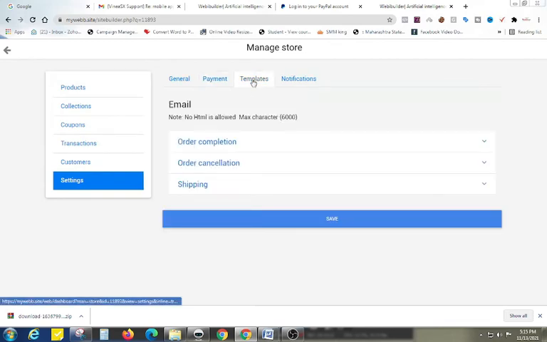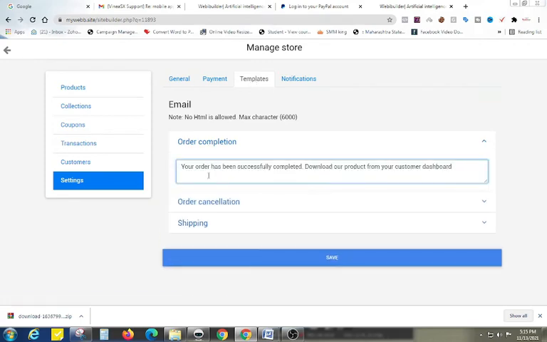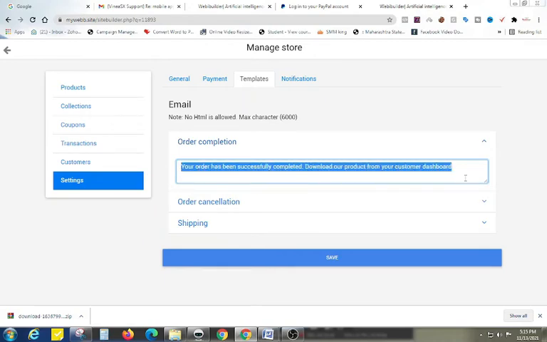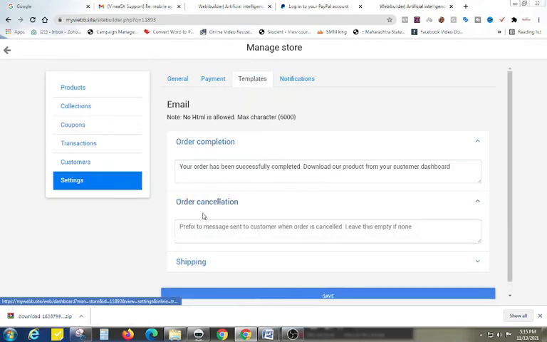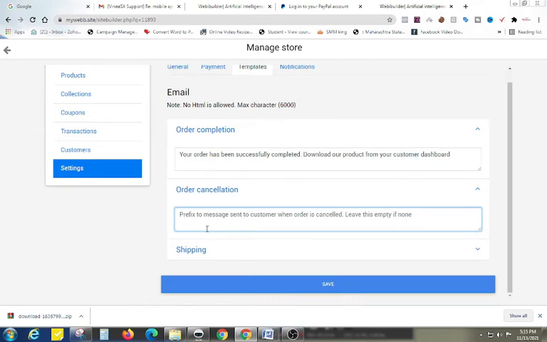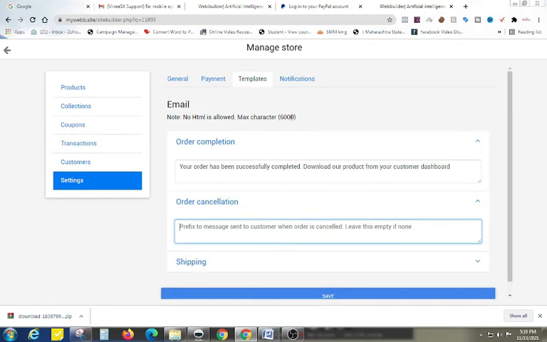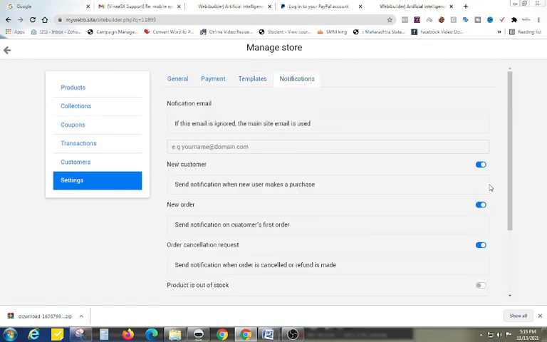Now the next option is template. You can allow email notification for order completion. If someone completes an order, you will receive this email. If someone cancels, you will receive this email. All this you can customize. And for the notification, you have to turn on all the notifications.